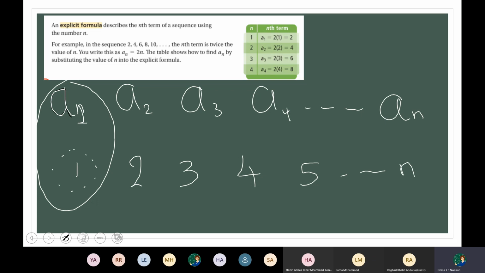Here there's a relation that the first term is 1. The second term, or a sub 2, is 2. A sub 3 is 3. So the explicit formula describes the nth term using the number of the term. As an example,